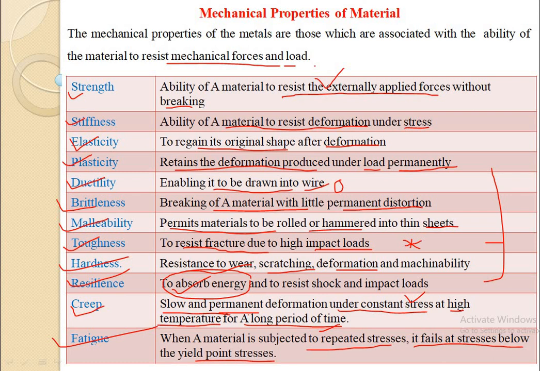Fatigue also means the ability of the metal to resist these repeated stresses. If it fails before the actual breaking stress value, then we can say it undergoes the fatigue phenomenon. It has the fatigue property. Such a type of failure of material is known as fatigue. The failure is caused by progressive crack formation. The indication of this fatigue failure is the formation of fine, microscopic size cracks.